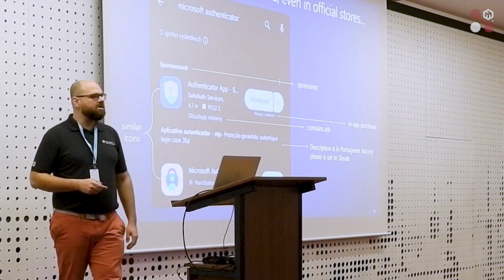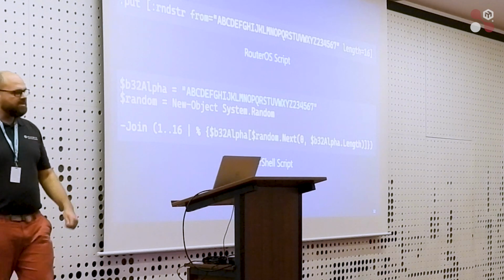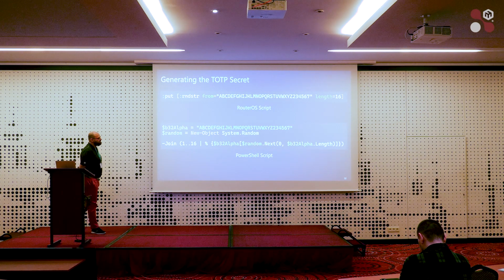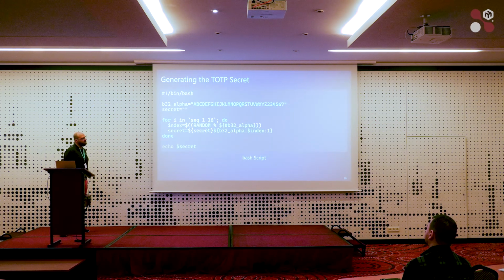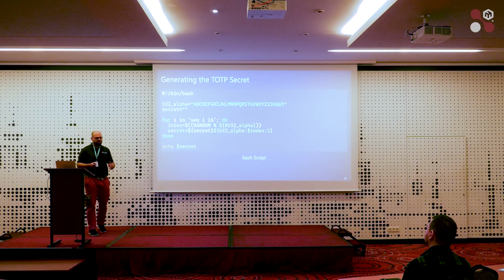How to generate the TOTP secret for you or for your users? You can use a RouterOS script, one-liner, yeah. 16 characters from the base 32 alphabet. So it's like the characters from A to Z and then the numbers from 2 to 7. There is no 0, no 1, because they can be mismatched with I and O. There is also a PowerShell script on how to generate such a secret, or if you want to use Bash, here you are, okay? Very easy script on how to generate any random 16 character string. You may use Python, JavaScript, whatever you want, okay? It's not magic, it's just a matter of using